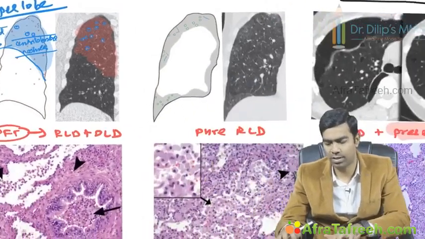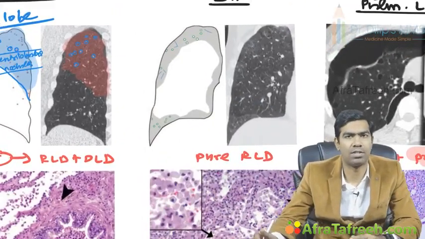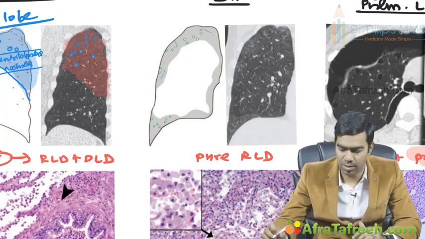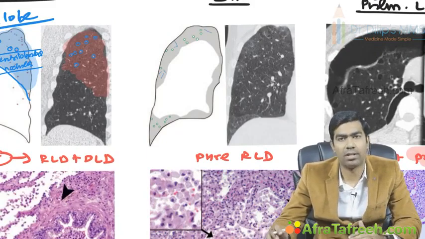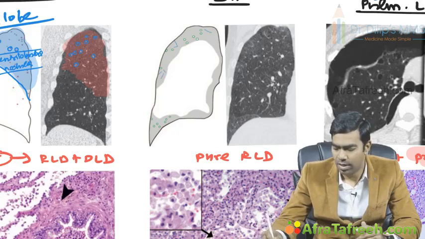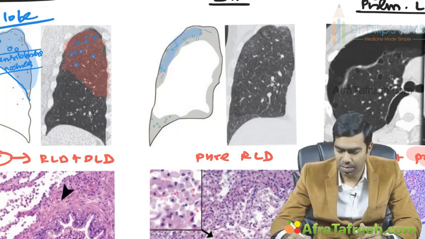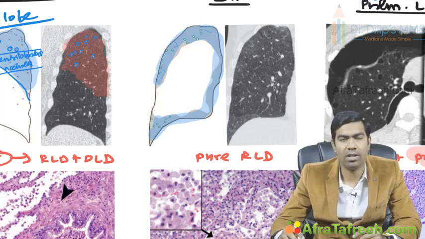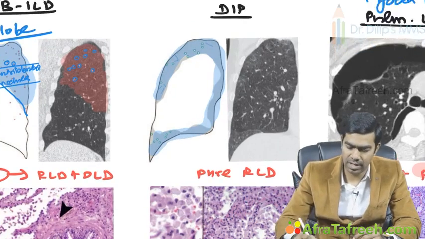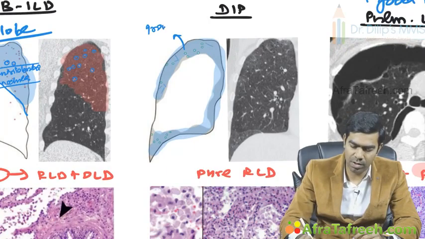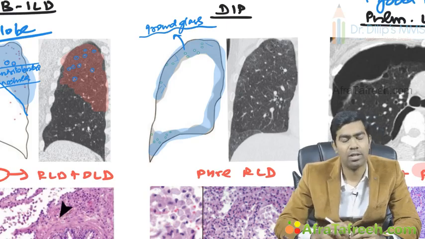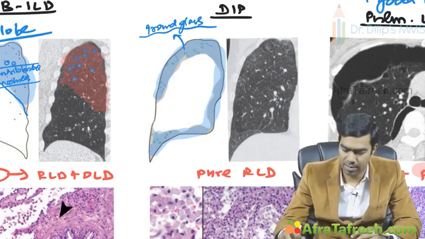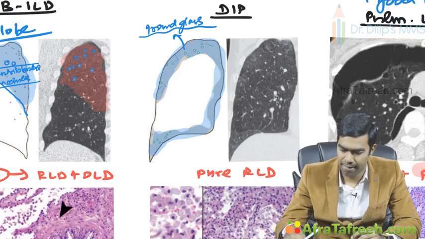So what will be the HRCT features of desquamative interstitial pneumonia? They don't typically involve the upper lobe. In general, overall, they have something called a peripheral predominance. You can see it is only affecting the peripheries of the lungs, which means typically they have a peripheral predominance. And in these areas, you will see a little bit of ground glassing, not extensive like NSIP, but still a little bit of ground glassing you can see in those areas. At the same time, you can also see